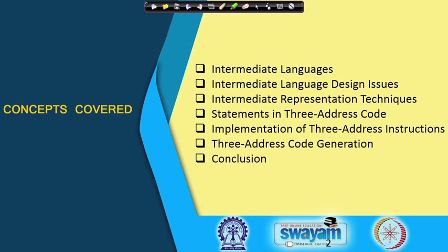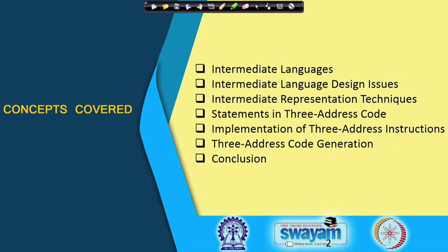As I said, this is an intermediary or intermediate code, so it has to have some language in which we write it. Apparently it is a bit counterintuitive, because we started with a source language program and now we are converting it into an intermediary language program. But that will help us, because this intermediary language is going to be much simpler in its syntax compared to the source language for which we are writing the compiler. That way intermediary languages are helpful.